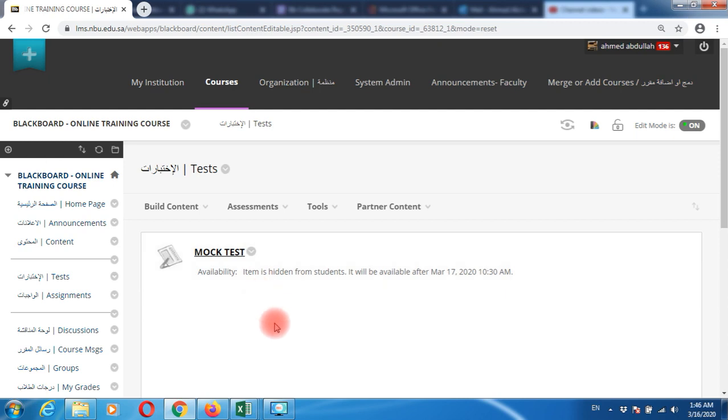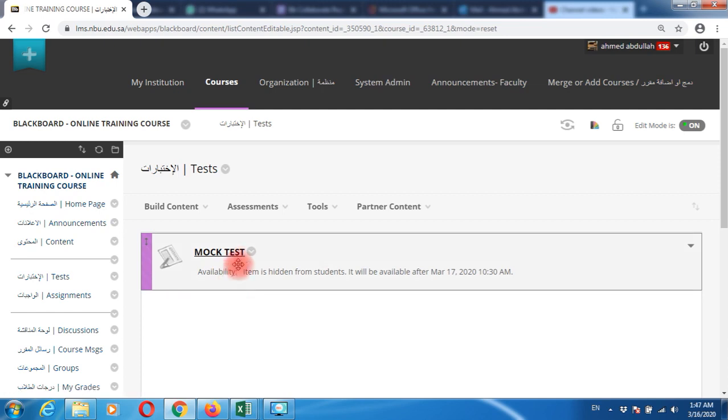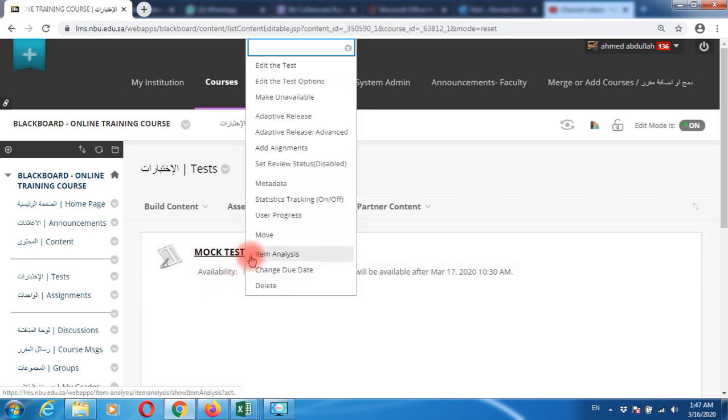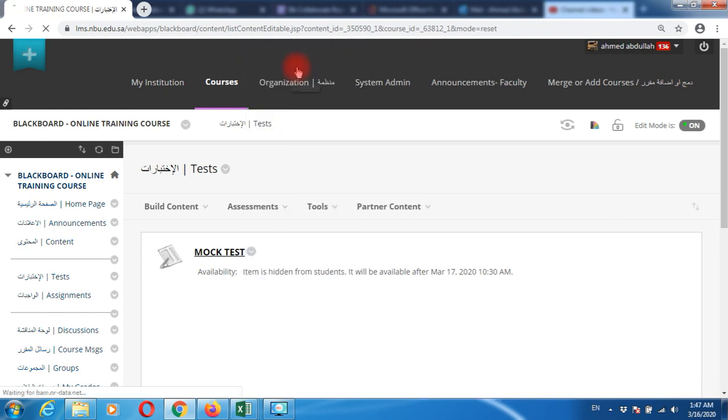Now, if you would like to make changes to your exam as well as to your exam settings, how to do that? Very simple. Go to test. You have the exam available here. Go to drop down menu. Once you go to drop down menu, you have edit the test options, which you can change at any point of time. The first one, edit the test itself. So let me show you what you mean by edit the test itself. Click on edit the test